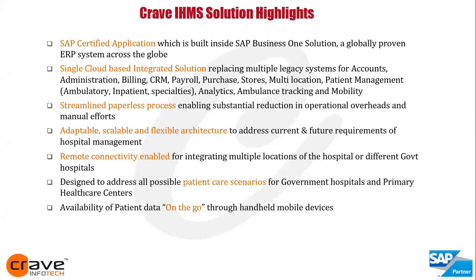Hello, everyone. As Murli said, I will walk you through the highlights of this IHMS solution, which is an SAP certified application built inside the SAP B1 solution. SAP B1 is a globally proven ERP system across the globe. The solution is available on cloud and on premise as well. It would replace all your multiple legacy systems, from accounts, administration, billing, CRM,